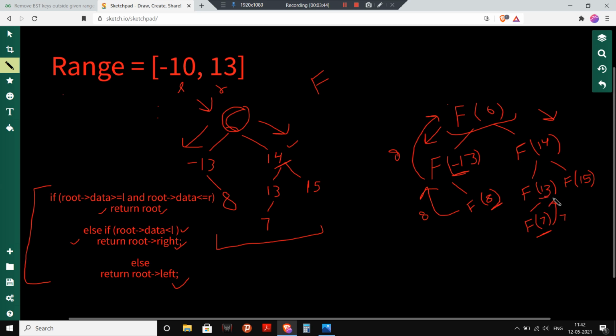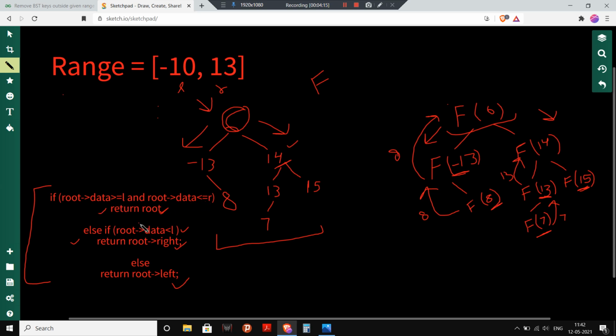Then I am at this position 13. For 13, I can clearly see that it is greater than or equal to -10 and less than or equal to 13. So I have to return this root. I will return this 13 here. Now when I am at the position 15, what will we do? Is 15 greater than or equal to L and less than or equal to R?